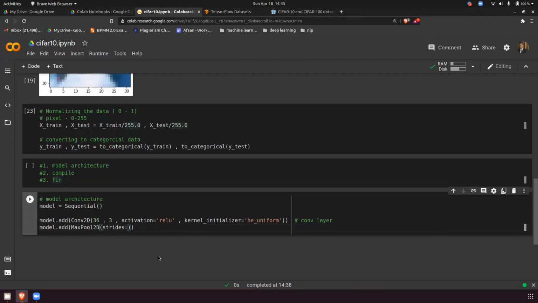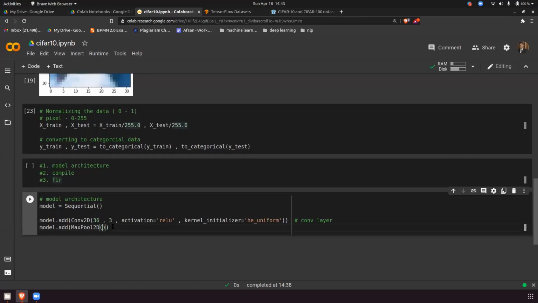Skipping the comma and giving just 2 is not possible, that will not work. You are disrupting the function's property, so you have to follow the rules.